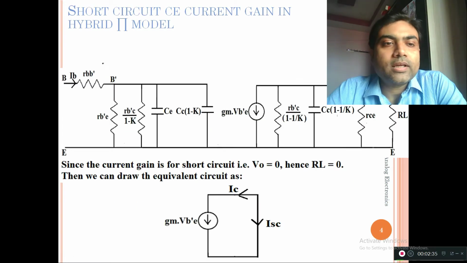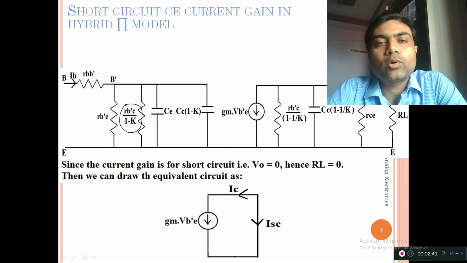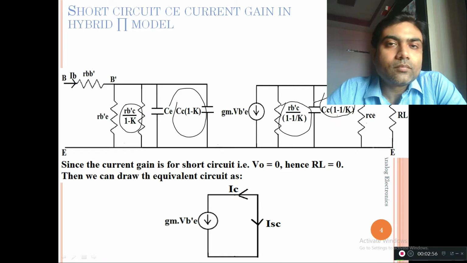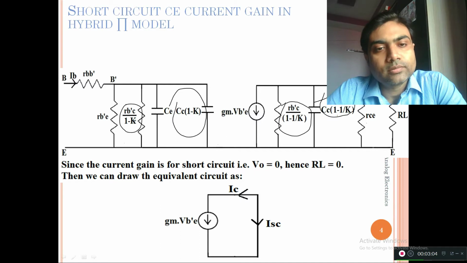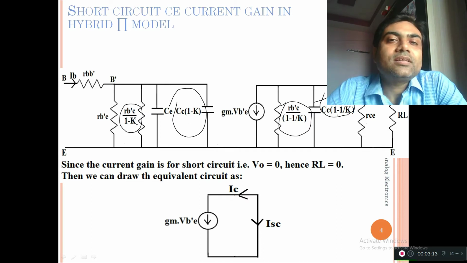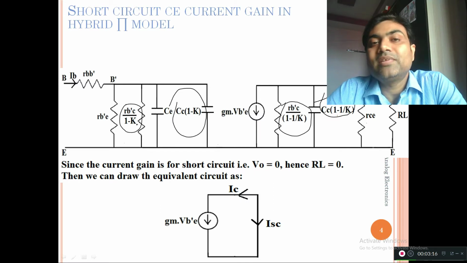Okay, so let us apply Miller's theorem. Here you see this is the first, RM1, Rb'c upon 1 minus K, and similarly this is RM2, the Miller resistance, Rb'c upon 1 minus 1 upon K, according to Miller's theorem. And similarly for CC, this is CC times 1 minus K and this is CC times 1 minus 1 upon K. I do not have to tell you that when we apply Miller's theorem, because of the resistance, the 1 minus K component comes in the denominator, and since it is the capacitance, it comes in the multiplicative manner,